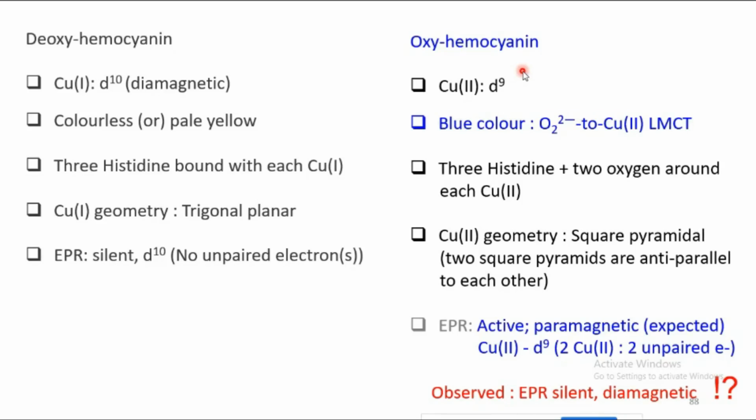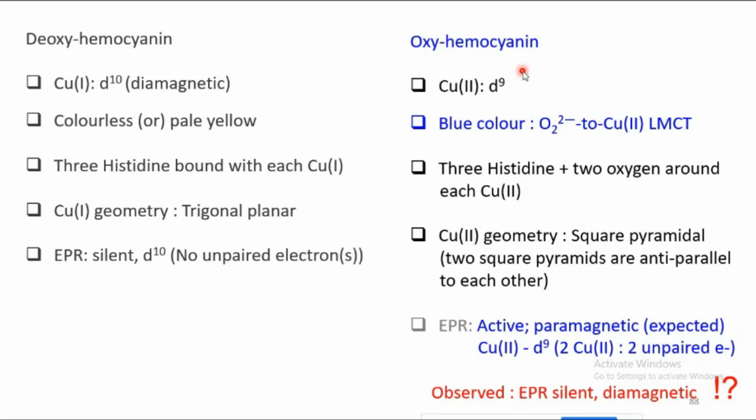That is one more interesting thing. They are not parallel to each other. Parallel means there is automatically a possibility of steric effect operation. So in order to avoid the steric and other consequences, it is making both the square pyramids anti-parallel to each other. The activity we are expecting, it should be active in EPR, since